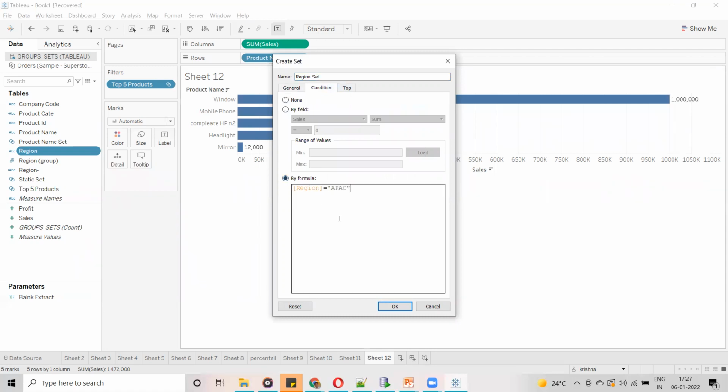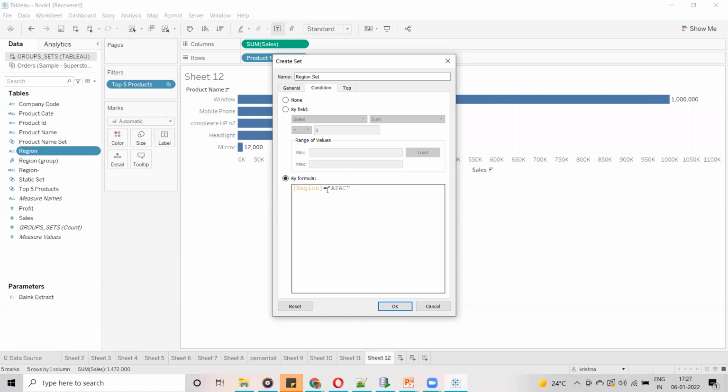Now it is not throwing any error because it is referring to the region, whatever we are using is here itself. On top of region only we are giving this calculation. That's why it is accepting. Here it is not going to show whether it is correct or not. Now it is valid, because whenever the formula you have written is wrong, you will automatically get a red underline below it. It is going to display with a red underline.